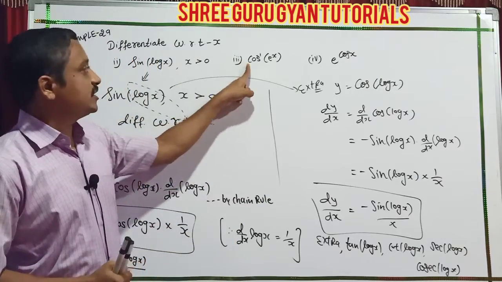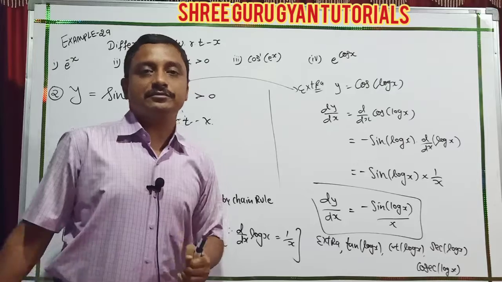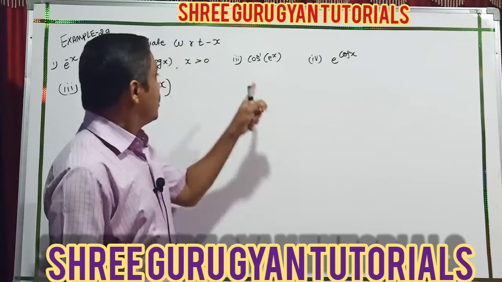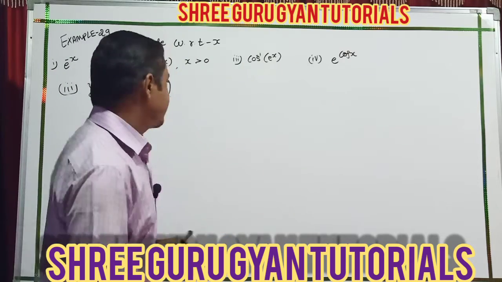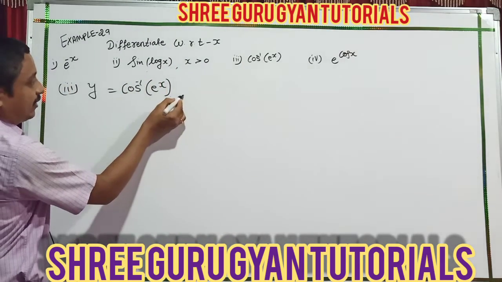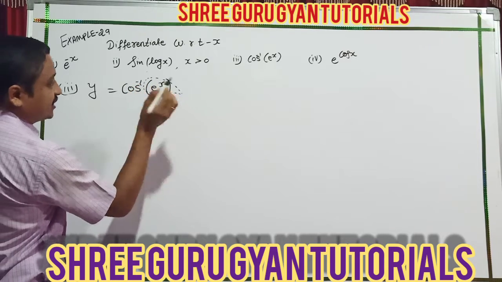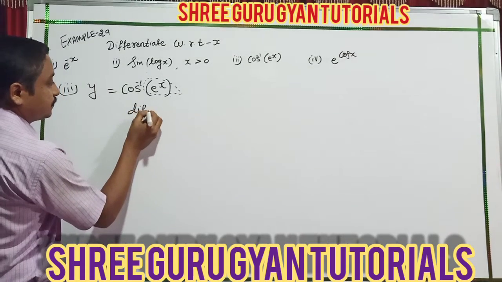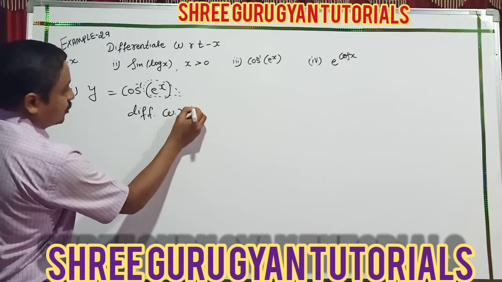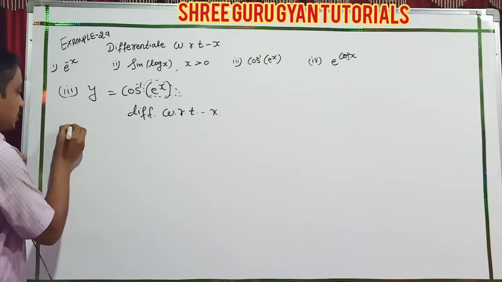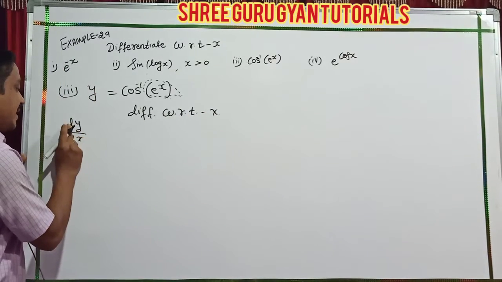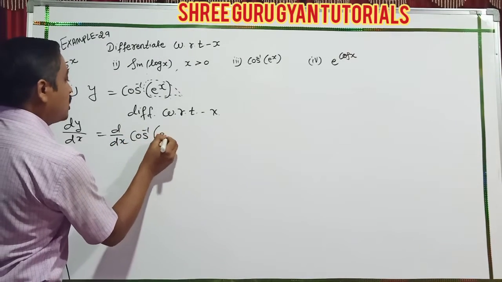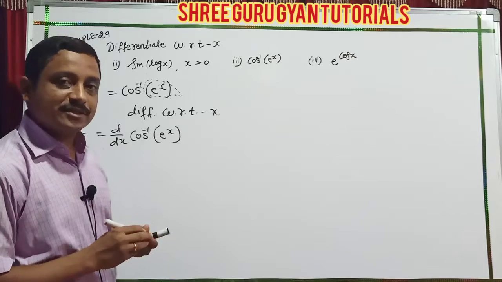Now after that, second, students, I start my third question. Students, now one more interesting question: cos inverse of e raised to x. So here I am taking y, and I assume that it is one of the compositions. So differentiation with respect to x, students. So what do you get, dy/dx? Yes, dy/dx is d/dx of cos inverse e raised to x.